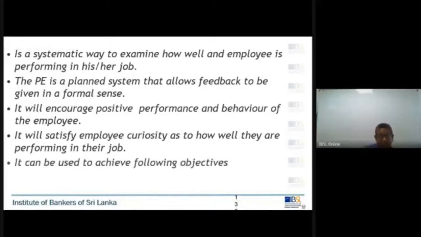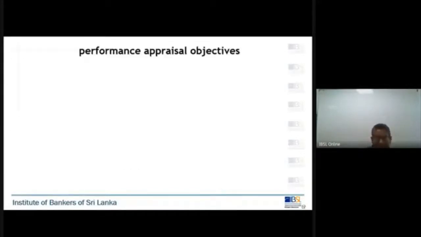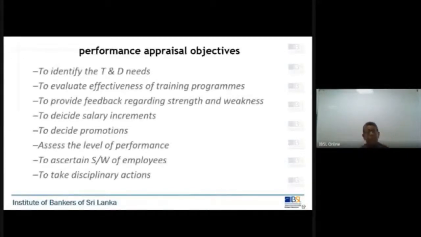So as I explained to you, through the performance appraisal, the organization can achieve certain objectives. Let's look at it. What are the objectives or purposes of performance appraisal? So first one,